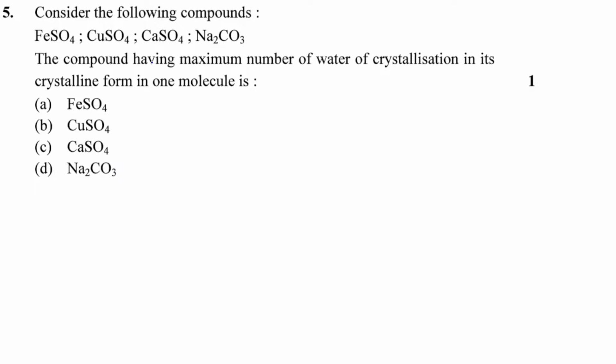Every salt will contain water of crystallization, so we have to heat it to remove that water. The general crystalline form of ferrous sulfate contains 7H2O, CuSO4 contains 5H2O. Calcium sulfate, if it is formed with 2H2O, forms gypsum, and with half H2O it is plaster of Paris. We use plaster of Paris for fractures, along with one and a half times of water to convert plaster of Paris into gypsum.